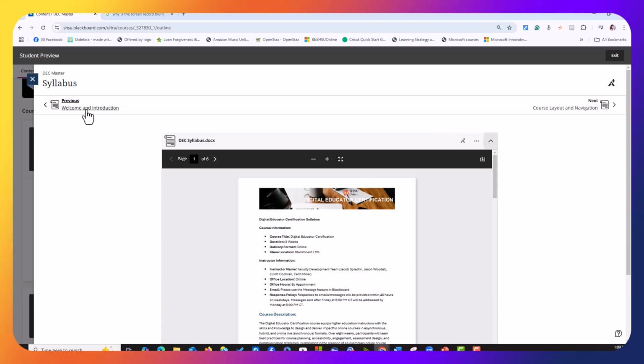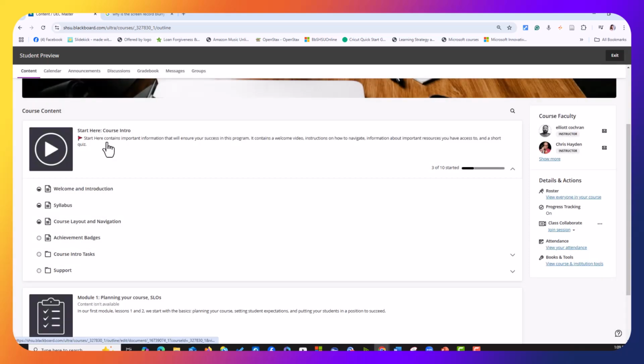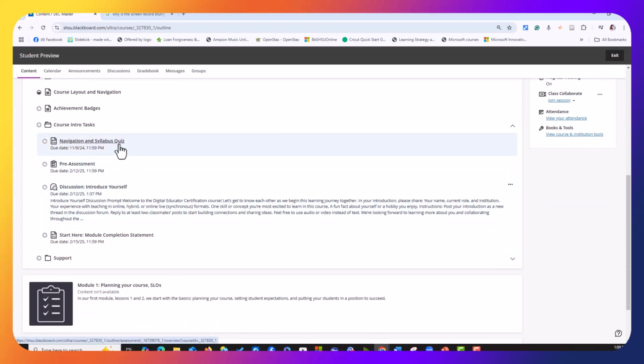We can click Previous to go back to the previous page, or click Next to move on to the next page. Please be sure to read all the information in the Start Here module before you begin your course intro tasks. In the course intro task, you will have a course navigation and syllabus quiz, a pre-assessment survey, and an